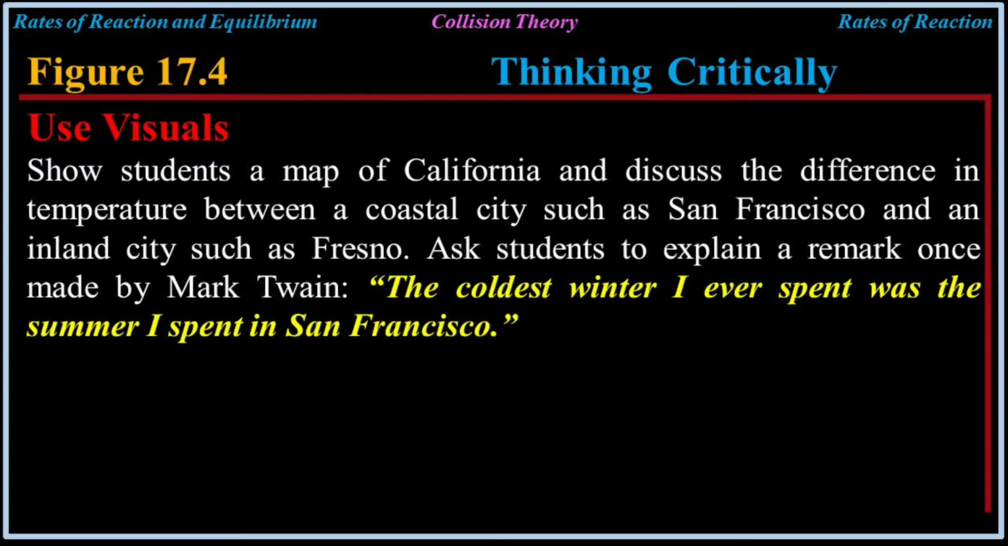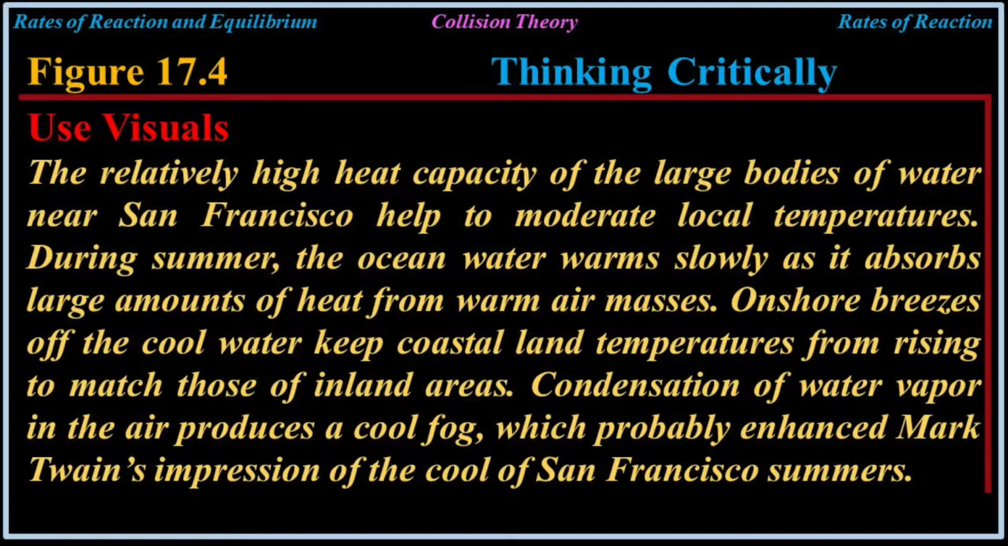Show students a map of California and discuss the difference in temperature between a coastal city, such as San Francisco, and an inland city, such as Fresno. Ask students to explain a remark once made by Mark Twain: "The coldest winter I ever spent was a summer I spent in San Francisco." Use visuals, thinking critically. The relatively high heat capacity of large bodies of water near San Francisco helped to moderate